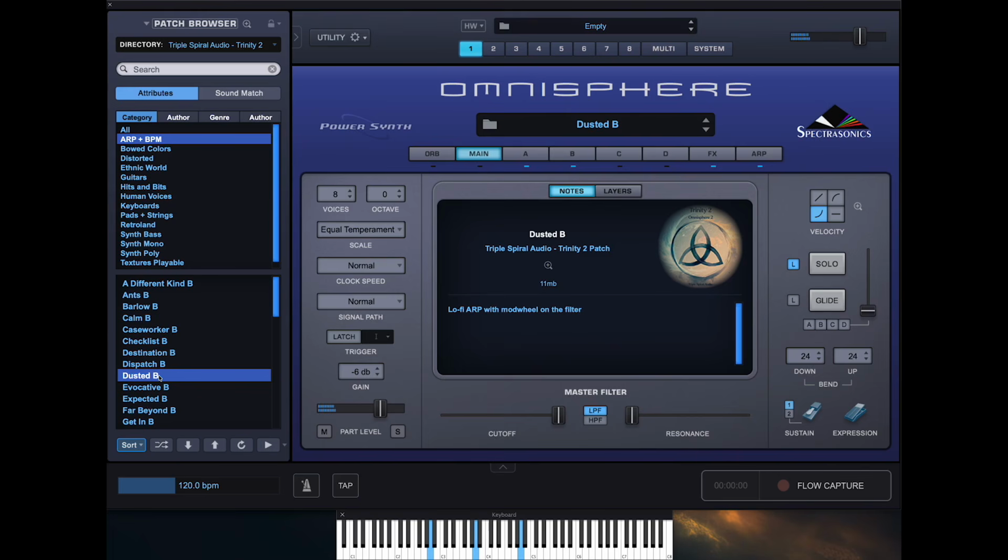And remember, as always, use the mod wheel,